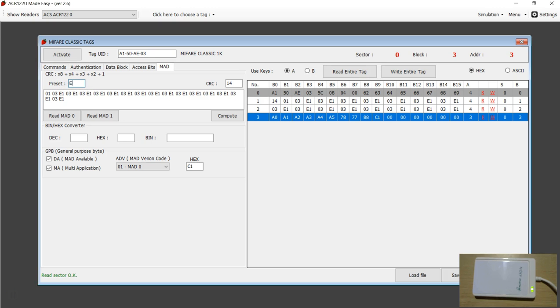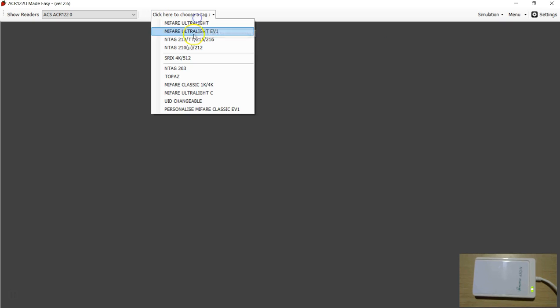So if I put the value E3, what the documentation says, and hit compute, you get a different value. You get 3F. You will never get 14. If I put C7 and hit compute, you get this 14. So when you come to this software for the first time,